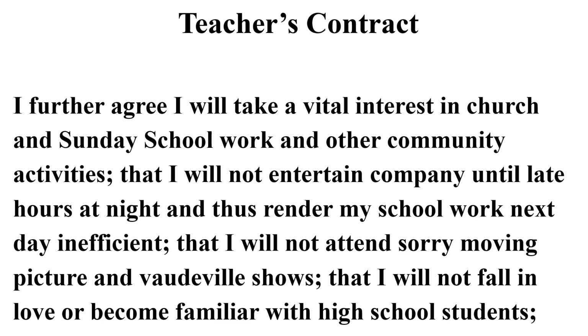Kuhn. And as you can see from this teacher's contract in 1924, a teacher not only had to list her name, her certification, and how many years experience she had, she had to agree to and sign this: I further agree I will take a vital interest in school and Sunday school work and other community activities, that I will not entertain company until late hours at night and thus render my school work next day inefficient, that I will not attend moving picture and vaudeville shows,